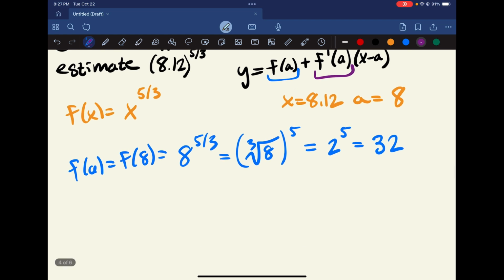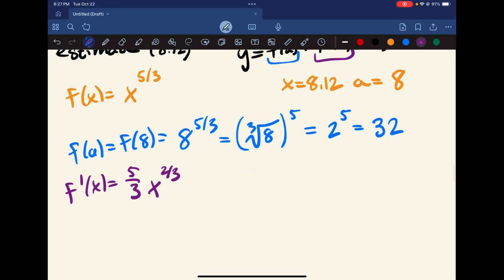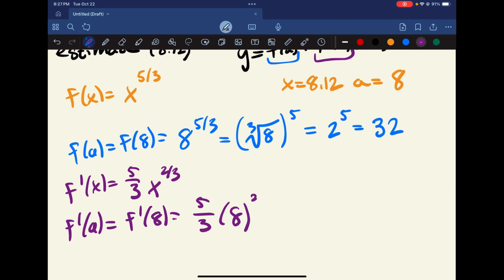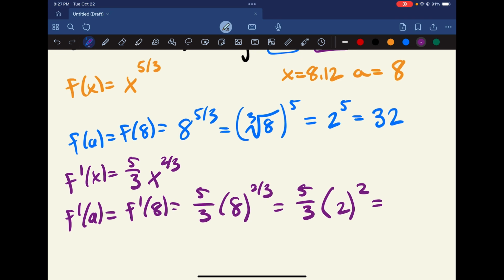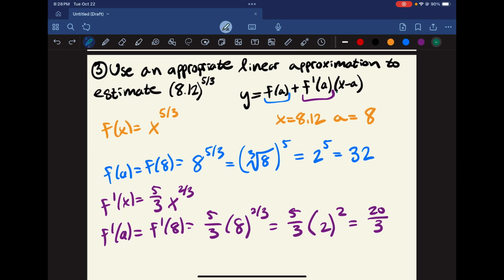f prime of a, right, to find f prime of a, we must first find f prime of x. So it's going to be 5/3 x to the 2/3 power. Basic power rule problem, drop the power by 1. So then we just need to plug in a to that. We said our a is 8, so that's 5/3 times 8 to the 2/3. That's 5/3 times 2 squared, which is 20 divided by 3. So that is our f prime of a,